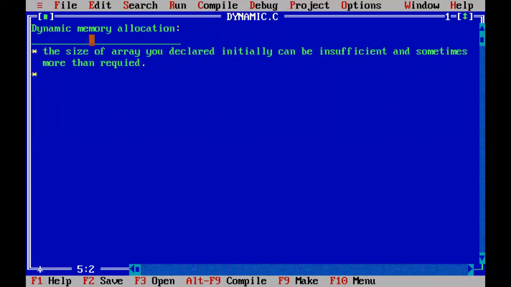What is the first point? The size of an array we declared initially can be insufficient. Sometimes the capacity is insufficient, sometimes more than required. These are two disadvantages of static memory allocation.